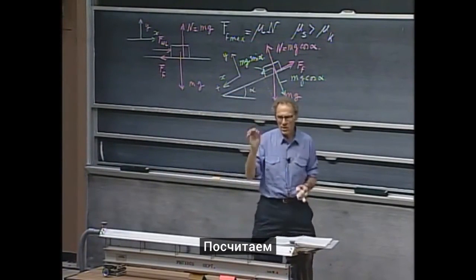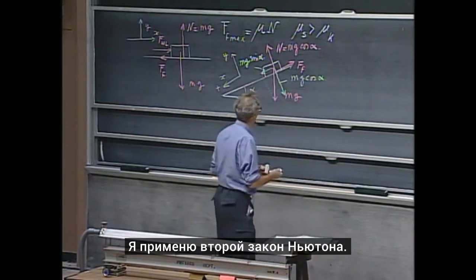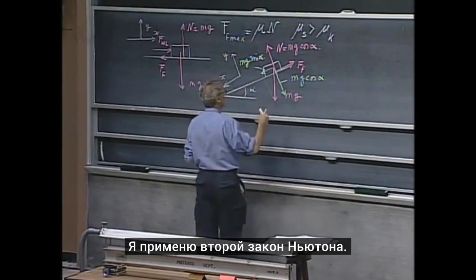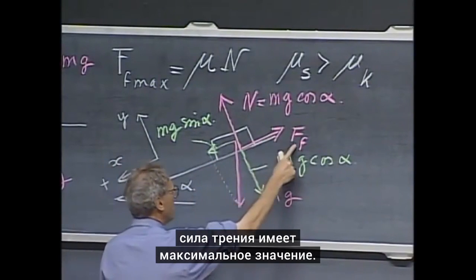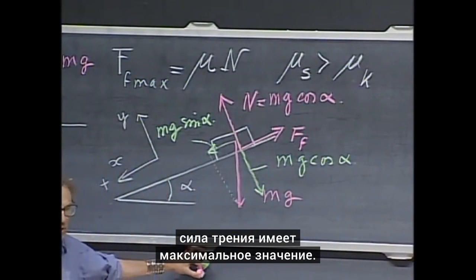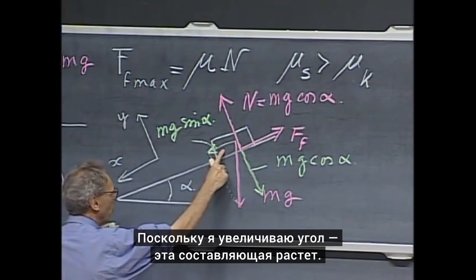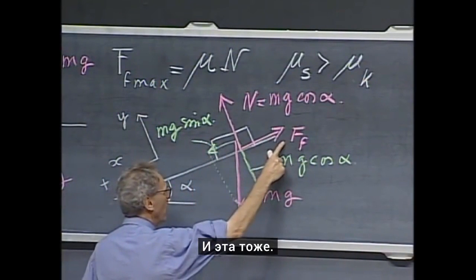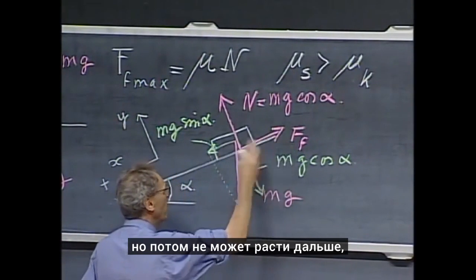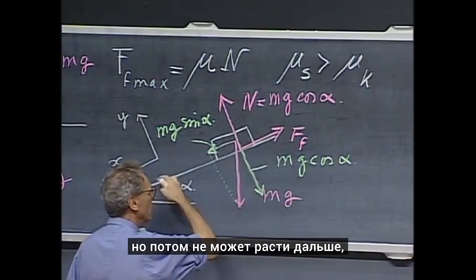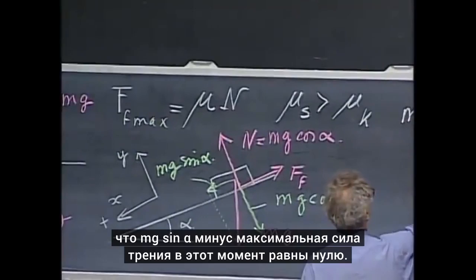Let us evaluate that very moment, that it's just about to break loose. I'm applying Newton's second law. In this direction now, the acceleration is still 0, but the frictional force has now just reached the maximum value, because I increase alpha, so this component will get larger, and this component will get larger, this component will get larger, this component is still holding its own, but then all of a sudden it can't grow any further, and it starts to accelerate. So Newton's second law tells me that mg